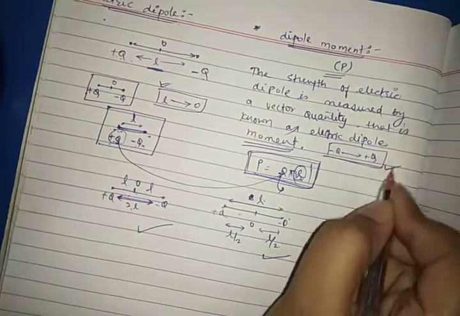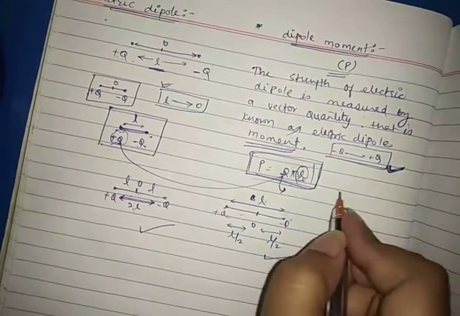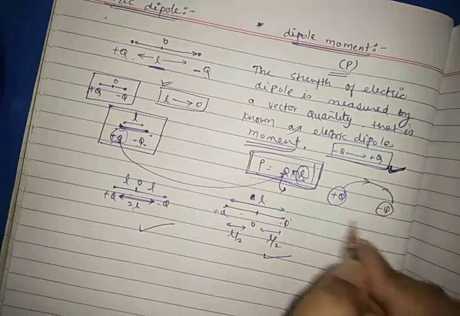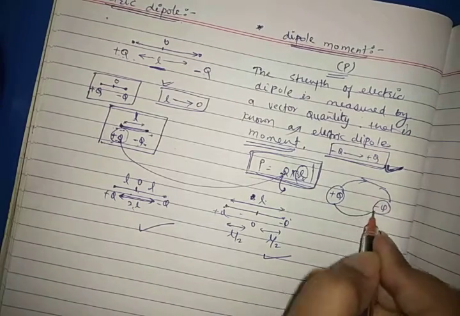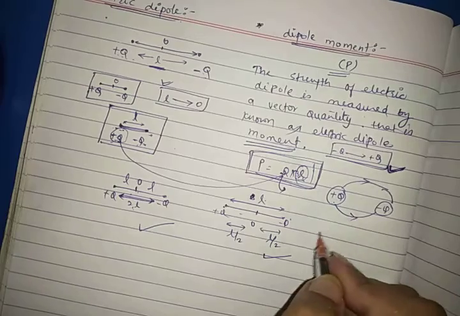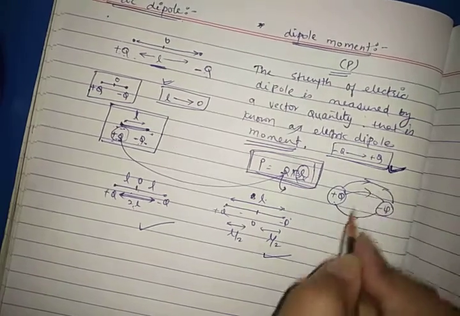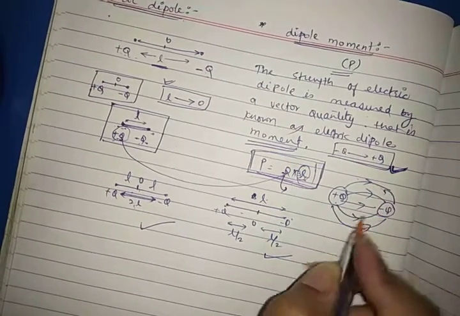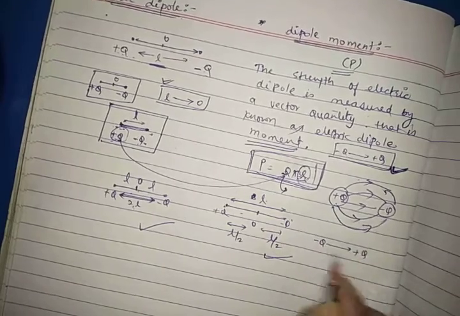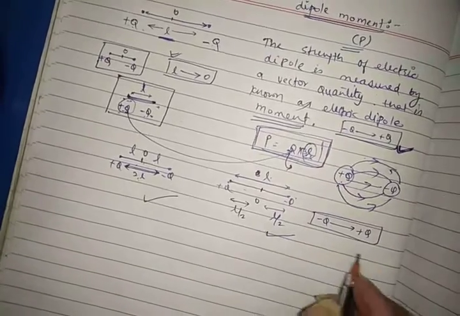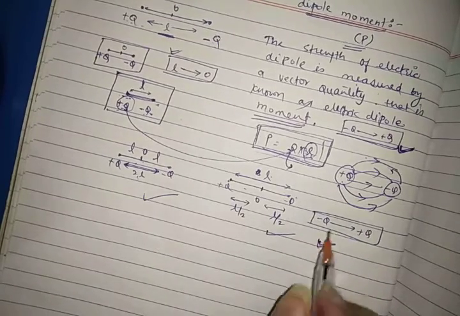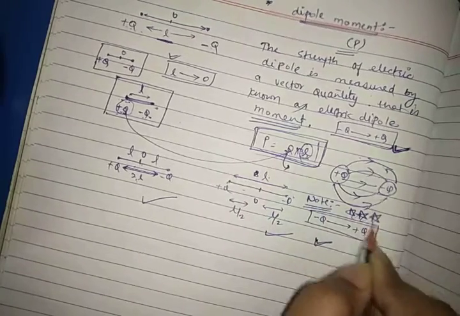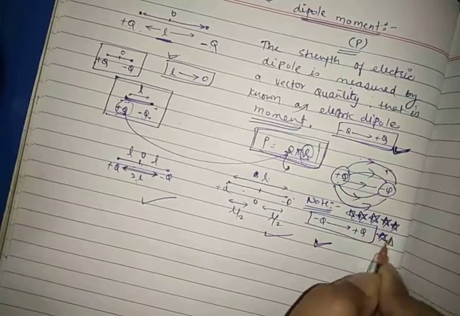Very important. You have seen that electric field lines always start from plus Q charge and end, terminate, at the minus Q charge, negative charge. These are the electric field lines. But the dipole moment's direction is opposite to the electric field line. Dipole moment's direction is always from minus q charge to plus q charge. This is a convention, and this is very important. The direction of the dipole moment is always from minus q charge to plus q charge, opposite to the electric field line direction. Very important.